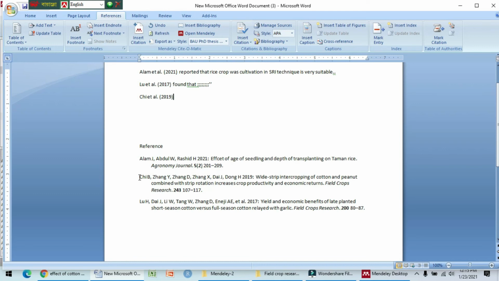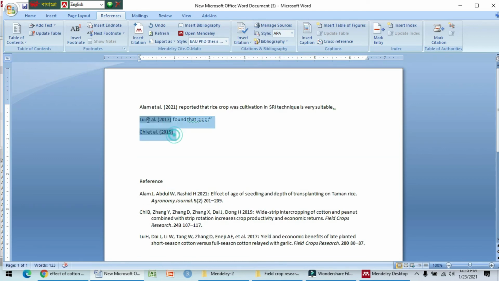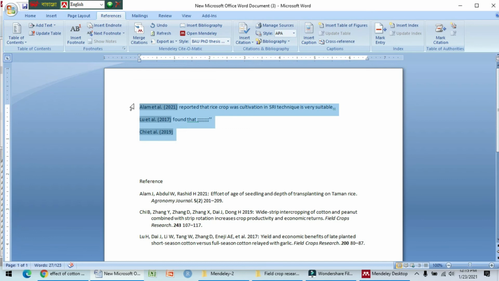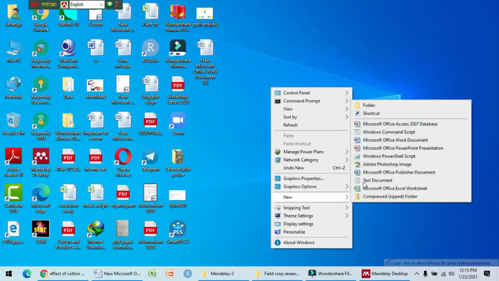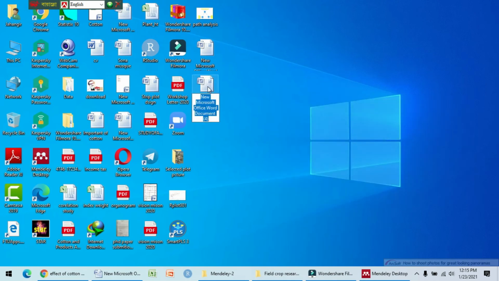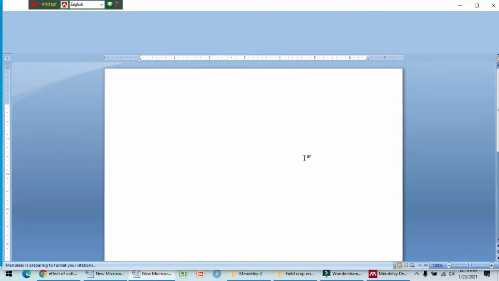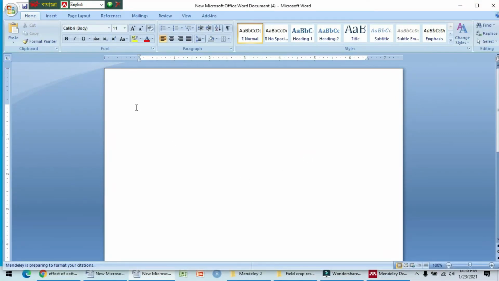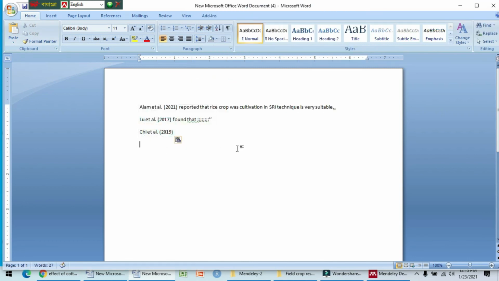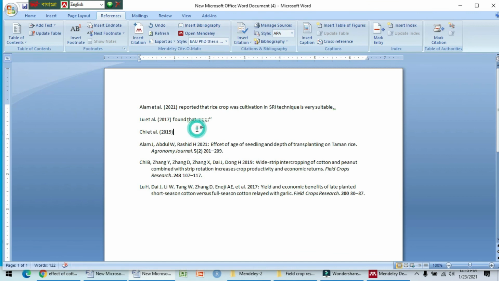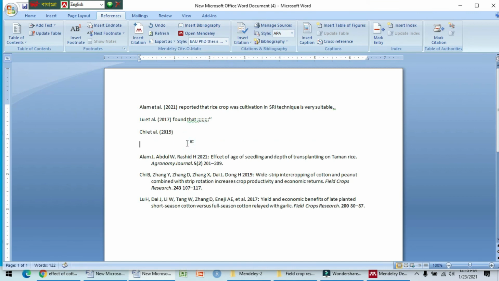It is A, C and L. But you have to copy or cut this, and go to another new document. You have to paste this, and the bibliography is auto created.